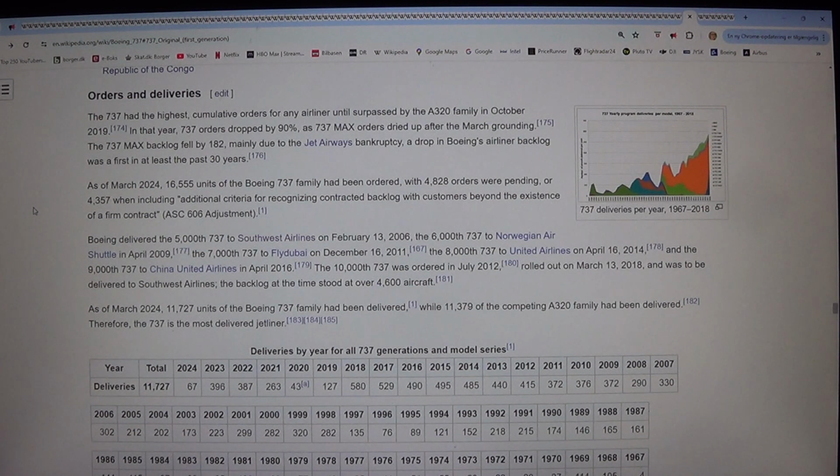As of March 2024, 16,555 units of the Boeing 737 family had been ordered, with 4,828 orders pending, or 4,357 when including additional criteria for recognizing contracted backlog with customers beyond the existence of a firm contract, ASC 606 adjustment. Boeing delivered the